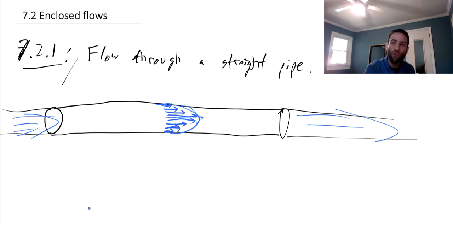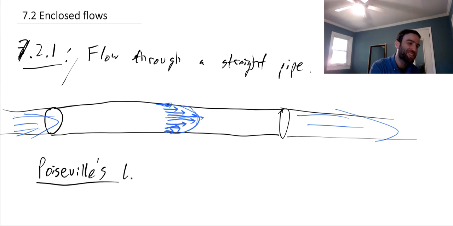So the way that water flows through these straight pipes or hoses can be summarized by something called Poiseuille's law. And I know neither offhand how to pronounce this or really how to spell it, so I have to constantly look. Poiseuille's law